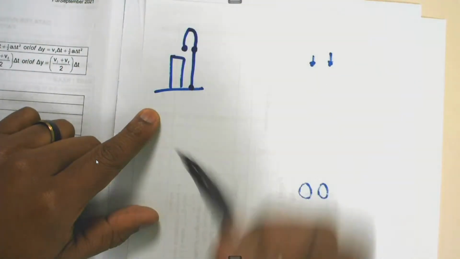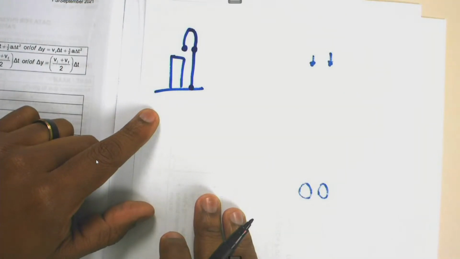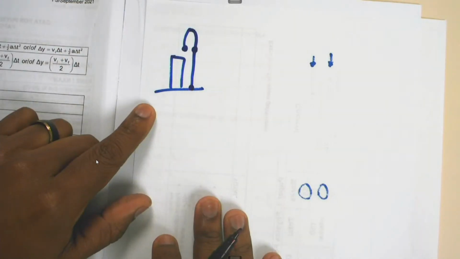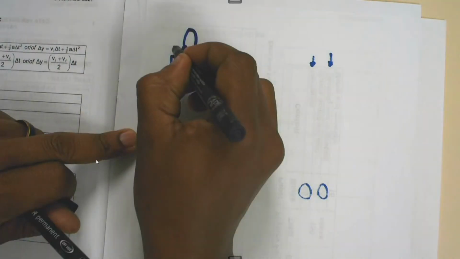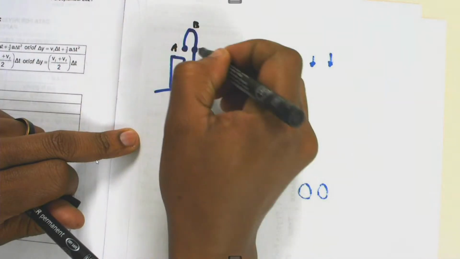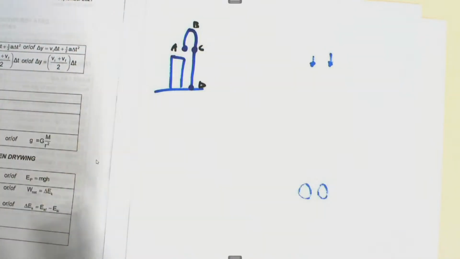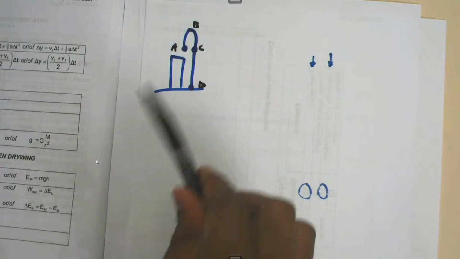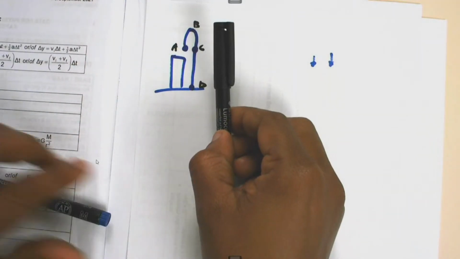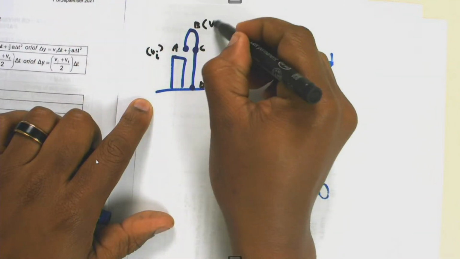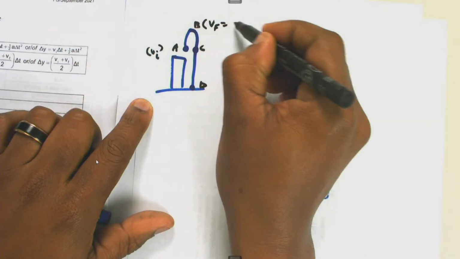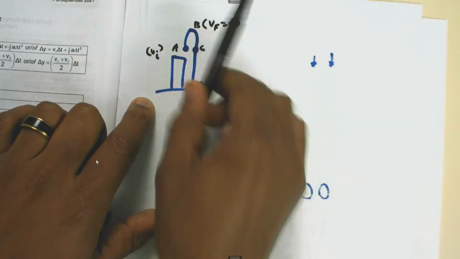So this will be the trajectory that I am going to draw of the motion of the projectile. This assists me to assign labels to it, to say this is my A, this is my B, this is my C, and this is my D. So even if I intend on breaking down the calculations or the information that is given, already I am able to say, I am given V initial here, but at this particular point, VF at maximum height should be easy, should be equal to 0.